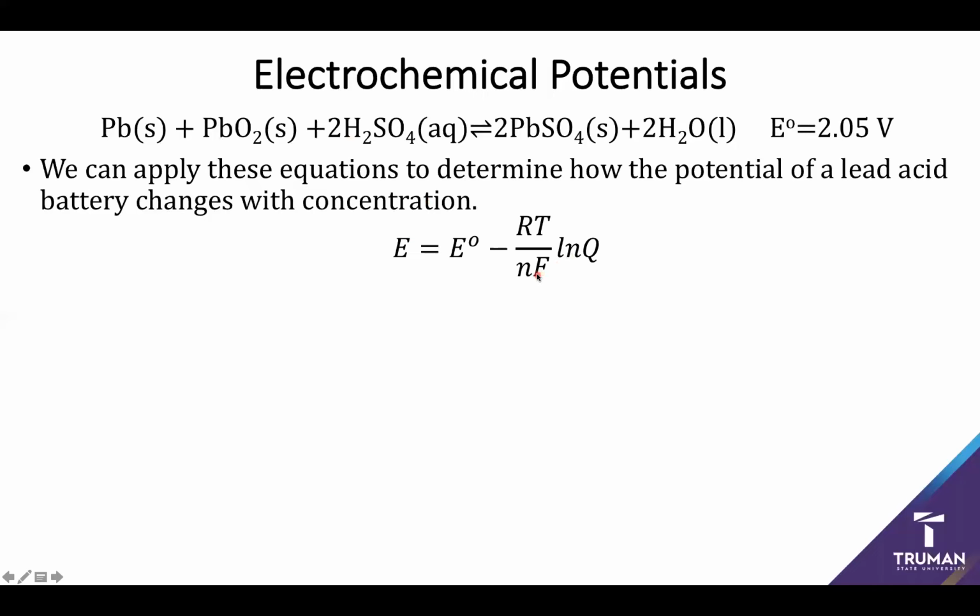And then we're going to need to start substituting in the key terms, most notably the reaction quotient, which again is products over reactants. But here we start to get fairly lucky because lead, lead sulfate is a solid, water is a liquid, lead oxide is a solid, and lead is a solid. So none of these will show up in the reaction quotient because they all have activities of 1. This just leaves me 1 over the activity of sulfuric acid squared,